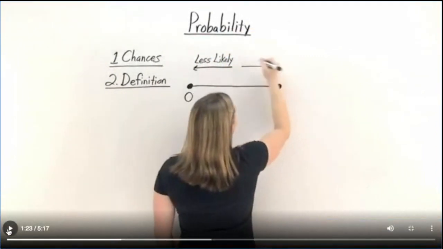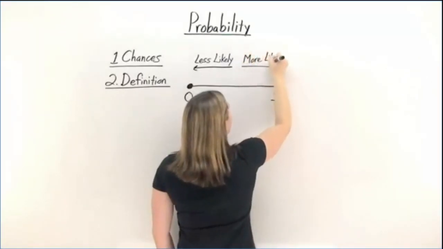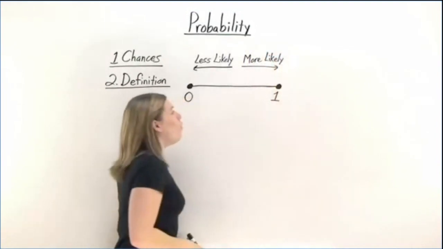I want to stop because I want you to pay attention to the words that she's using, because these are statistical terms. And usually, when you go into the business world, they're going to use terms like this. So get used to understanding the terms. If it's going towards 0, it's less likely to happen. If it's going towards 1, it's more likely to happen. Okay? If we have a probability that's closer to 1, that event is more likely to happen or has a better chance